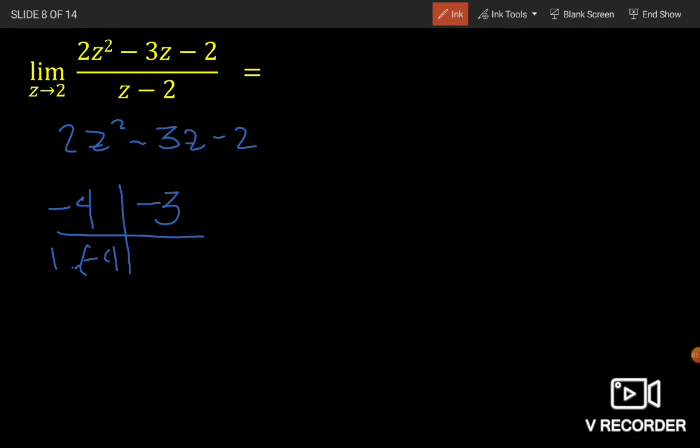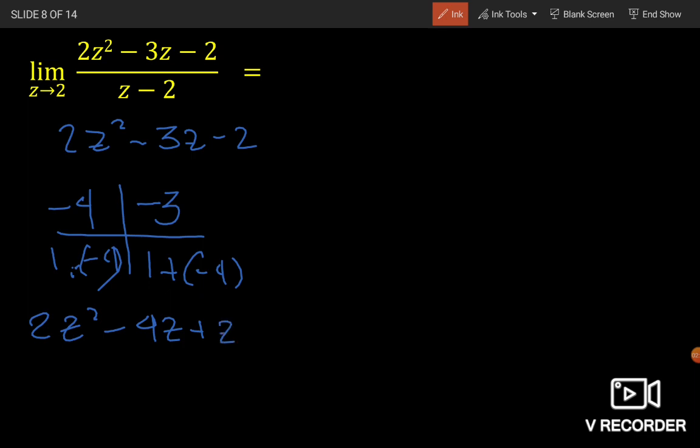You will get negative 4, and we add them, 1 plus negative 4, and you'll get negative 3. So here you can now express 2z squared minus 3z minus 2 as 2z squared, using now these two factors, negative 4z